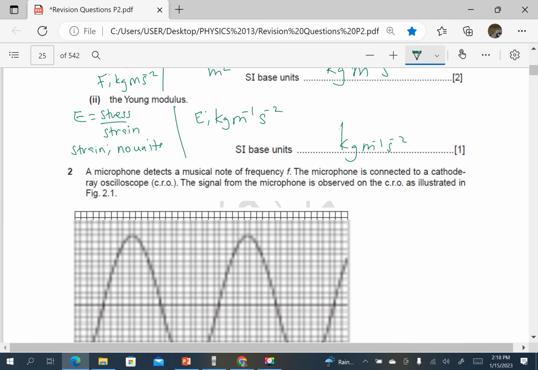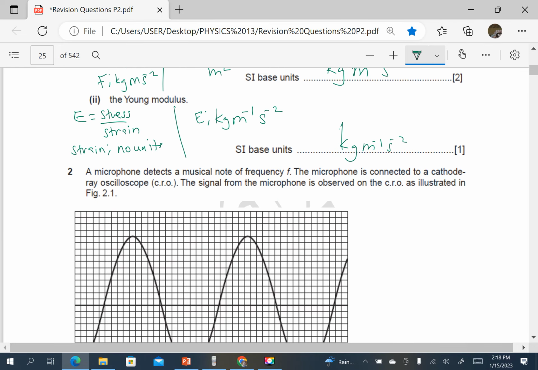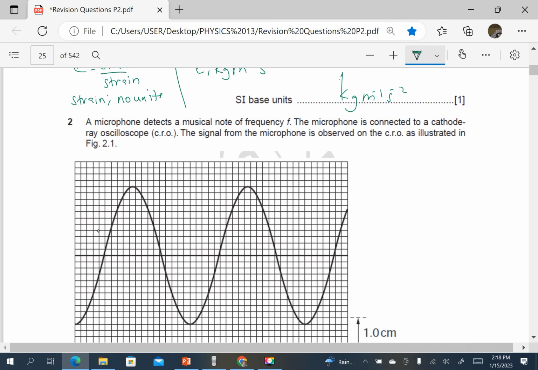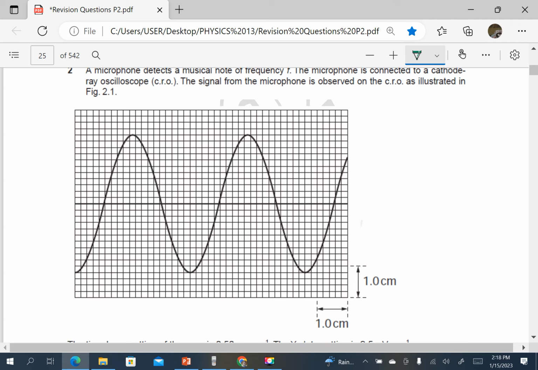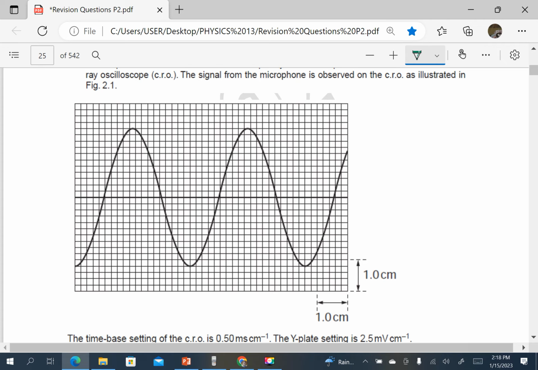The microphone detects a musical note of frequency f. The microphone is connected to a cathode ray oscilloscope. The signal from the microphone is observed on the CRO as illustrated here. This is supposed to be in waves, but since it is here, we shall answer it. Before we answer any questions, let's first find the length representing one cycle. Starting from this point here, up to this point, although it is not exactly in the center, I think that is not a good point to start with. But I can take this point